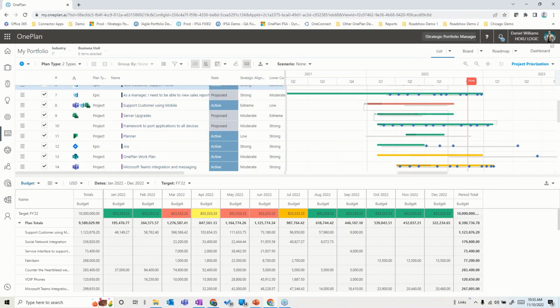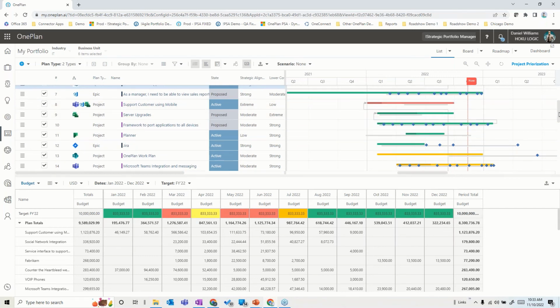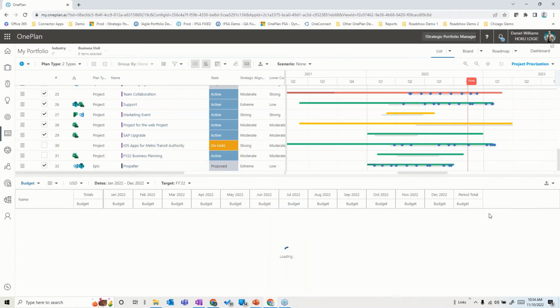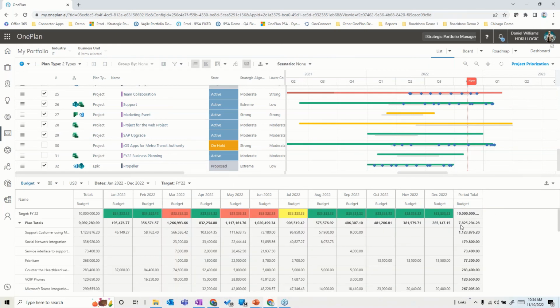Now, oftentimes that's not the case. Sometimes we might have to go down to the lower levels of this forced ranking and say, well, if we needed to get this dollar number down from this $8.3 million, you might do a couple things. You might deselect a couple projects, and that deselection might take us down to another level. This gets us down to $7.8 million. So if our budget was $8 million, this would have gotten us below that.